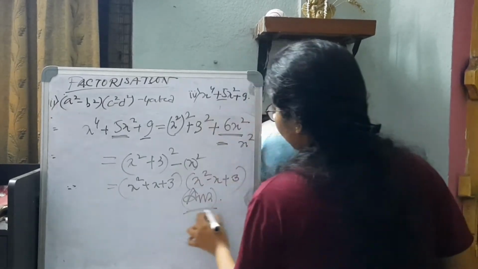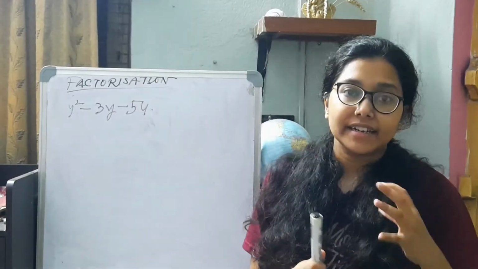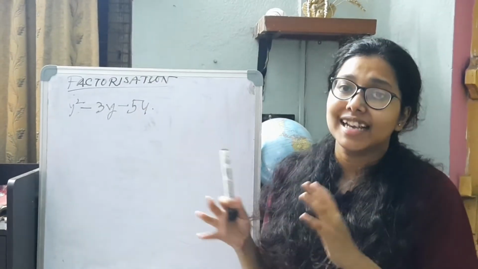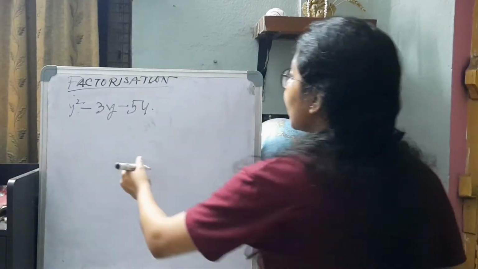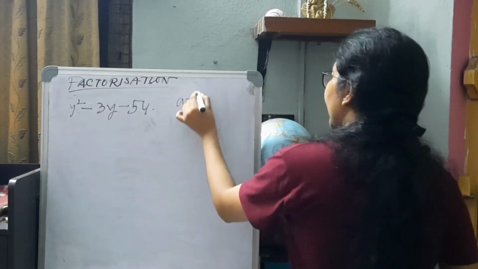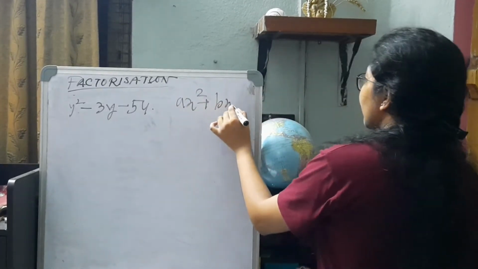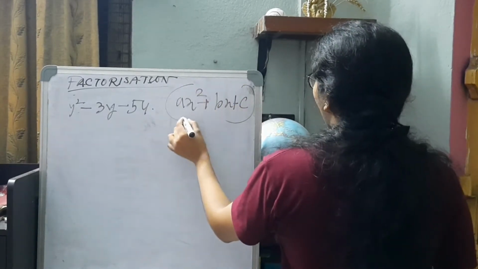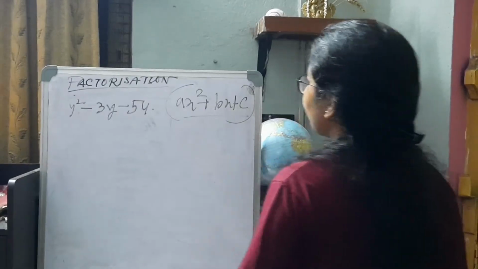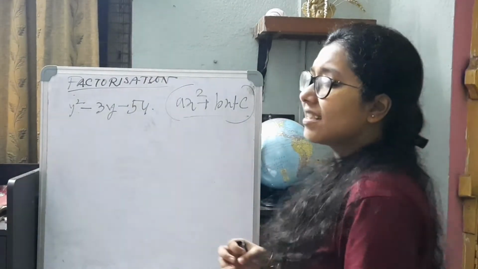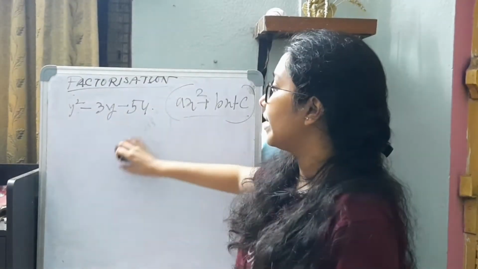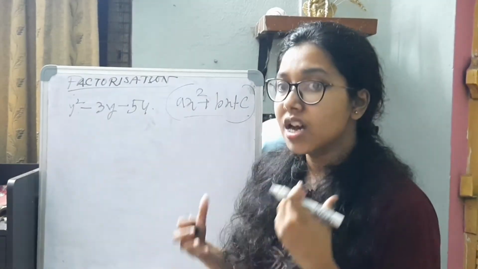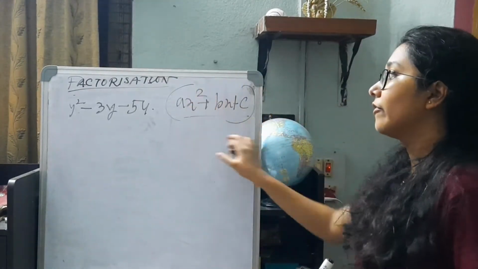Okay. Now we move on to the type of factorization which we have to do most of the time, that is when we have to factorize any question which is of the form ax square plus bx plus c. This is the most important part of factorization over the difference of squares. They are also equally important, but getting to know this is extremely important, and you can just do it in a matter of seconds if there is enough practice on the factorization of this type of questions.